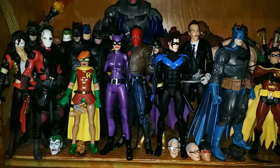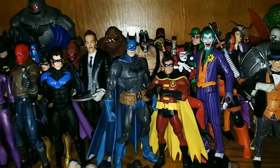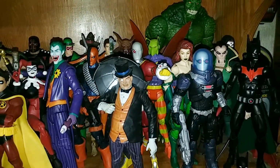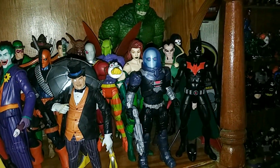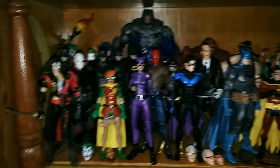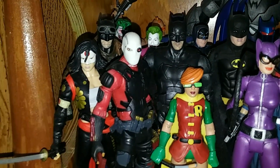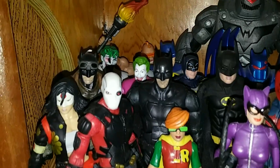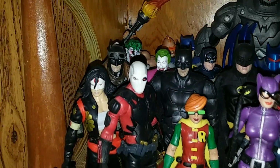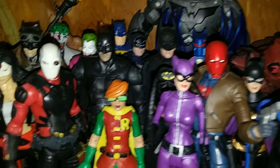It is a mix. Not everything is Mattel DCUC. There's some Mattel DC superheroes. There's some DC icons. There's some DC multiverse. There's even a DC Collectibles Batman and TMNT Ra's al Ghul there, and I'll talk about that. I'm not really going to talk about this stuff too awful much. This is kind of 6-inch stuff that really isn't pertinent to the DCUC collection. We just have some 60s, some Dark Knight Returns, some DC Extended Universe, and then Keaton Batman from NECA, because